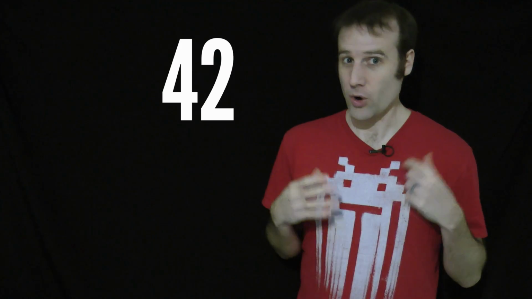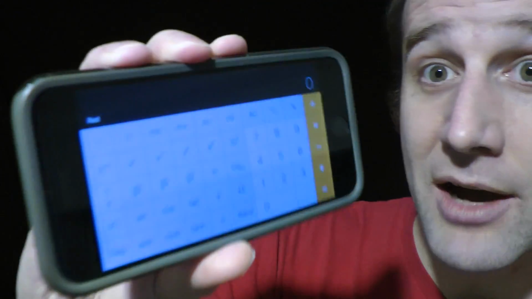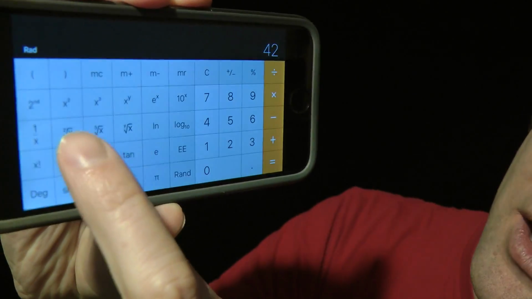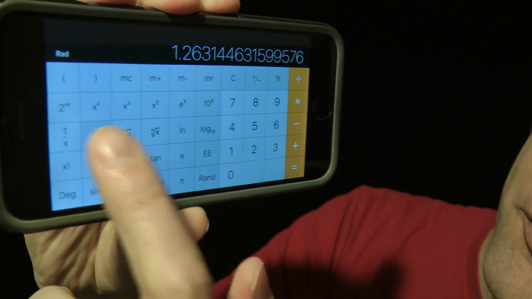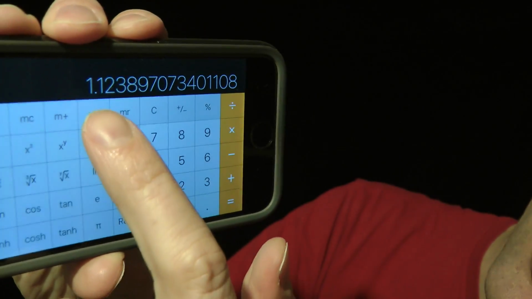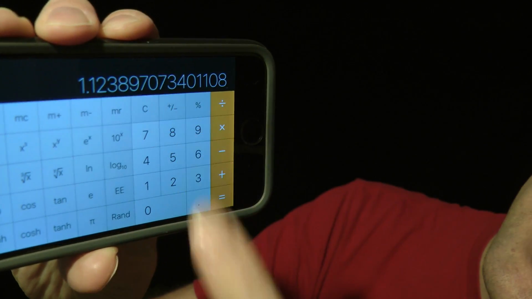Say you think the answer is 42 because you're hilarious. You simply take your calculator, you type in 42, we then hit the square root key 5 times. Here we go, 1, 2, 3, 4, 5. We have an answer there. If I go after the point, I've got 1, 2, 3, 8, 9, 7. So in numerical order, that would be 1, 2, 3, 7, 8, 9, and it doesn't match the number I gave you before. We know in this case, 42 is not the answer.